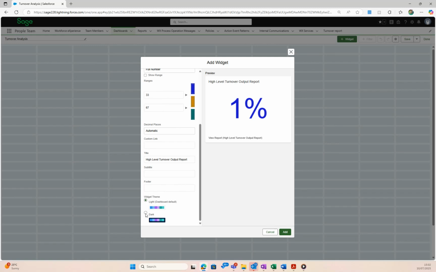And then you've got your title. So this will default to the title of the report. I would actually change that to say exactly what it is, because I'm going to use this high-level turnover output report for most of my dashboard. So I'm going to call this one total turnover. And I can give it a subtitle as well if I like, or a footer. So for example,